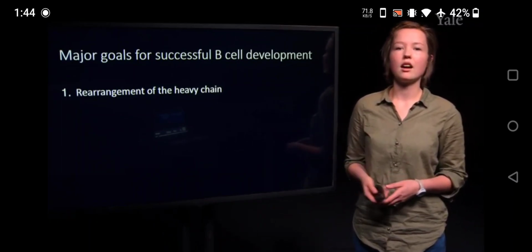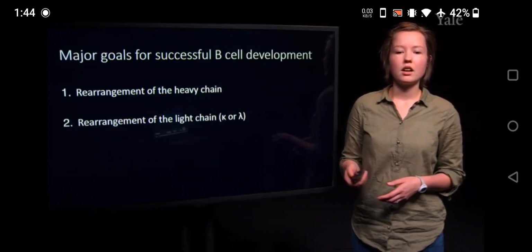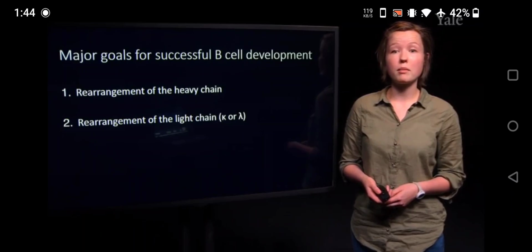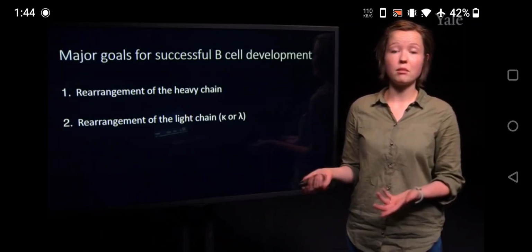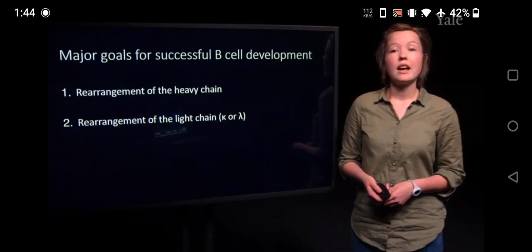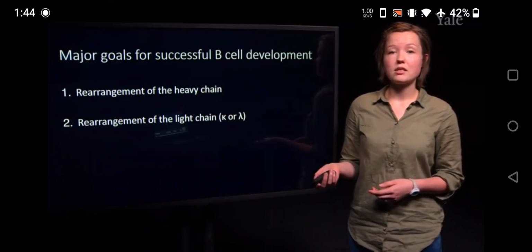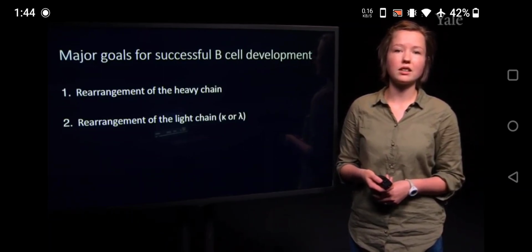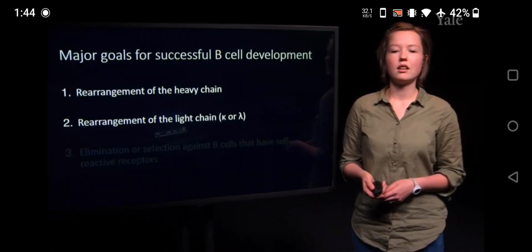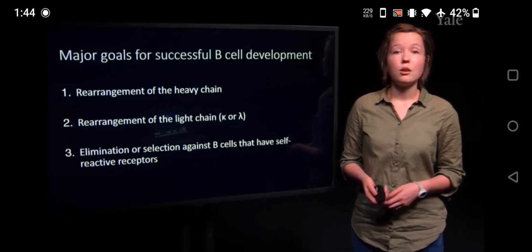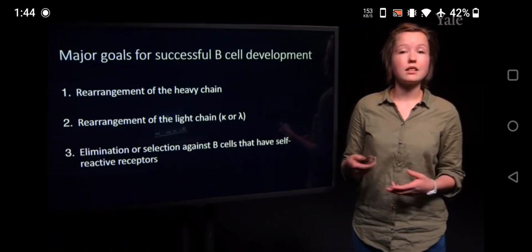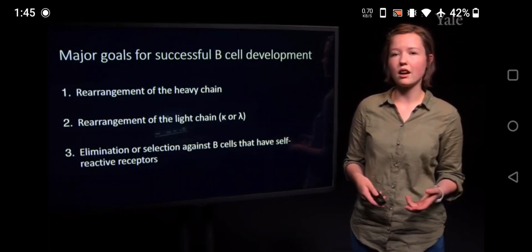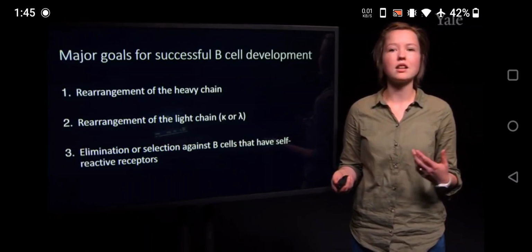development here. Importantly, then, the rearrangement of the light chain for forming the antigen receptor, the B cell receptor, will occur. And the B cell receptors have two options for their light chain, the kappa or the lambda chain, and we'll get into how this specifically occurs. And then lastly, we want to eliminate or select against B cells that have autoreactive receptors. So these are ones that could stimulate autoimmunity in the host because they react to host proteins or carbohydrates or